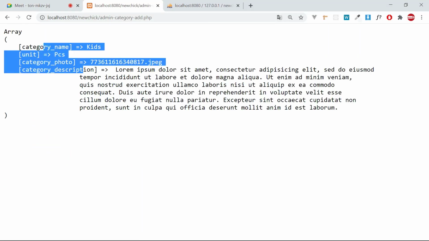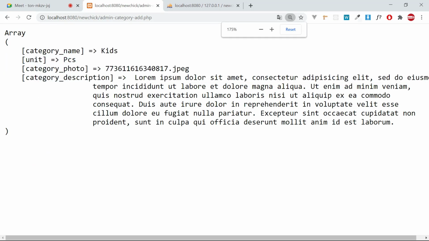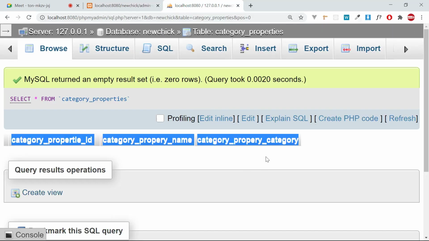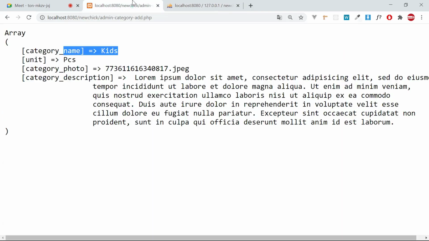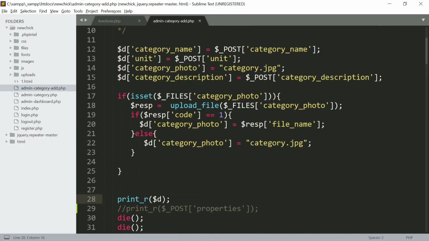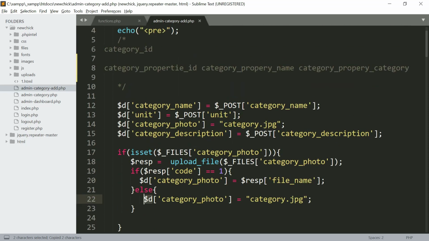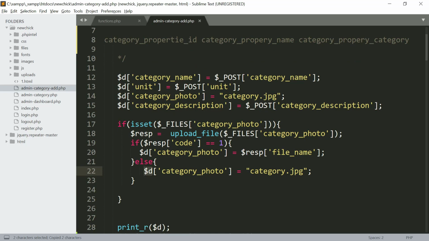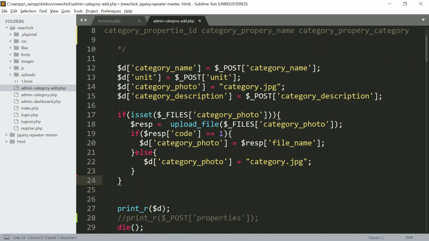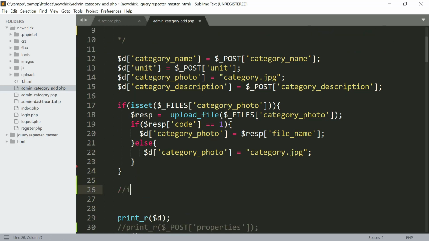So we want to insert this data for the category. After getting this data, we'll get the ID of this category, and once we have the ID, we'll insert its properties. So let's go ahead and insert. We have the function that inserts. So to insert, now we have this data. First of all, we have the data, right? So I'm going to insert now the category itself. Let me just put here, inserting